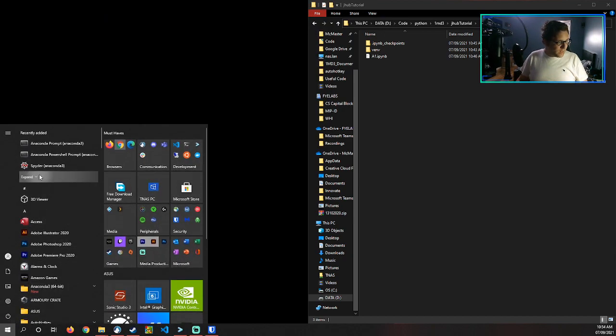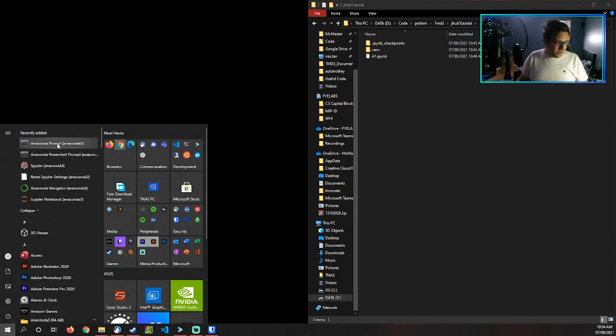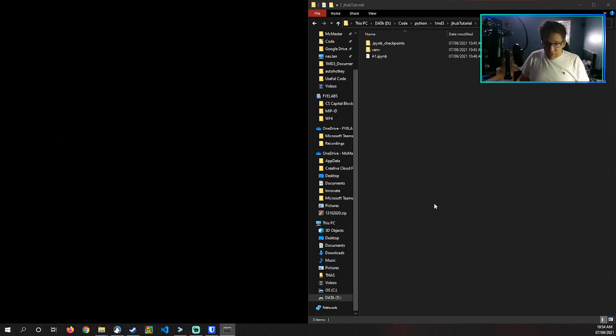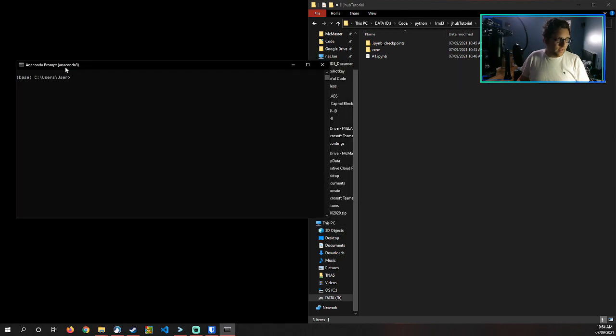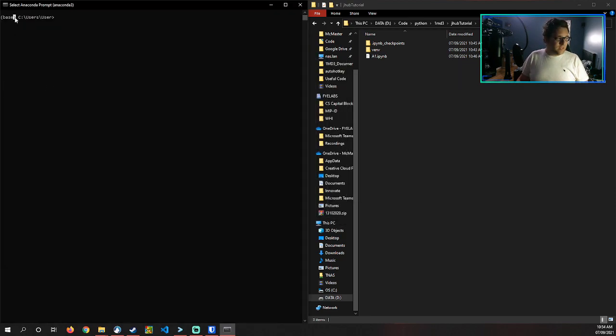Now, again, my Documents folder is not where I'm actually keeping all of my files, so I'm going to close that, and instead I'm just going to go to the Anaconda prompt. This is a special command line that exists for Anaconda users. Notice it also has base. This is a Conda virtual environment. Virtual environments, of course, being hosted by the thing I showed you how to install earlier. So when downloading Anaconda, it also downloads the virtual environment thing for you. However, you do have access to